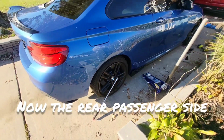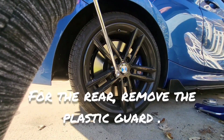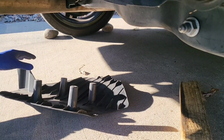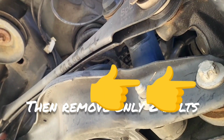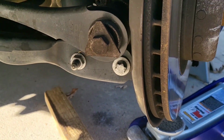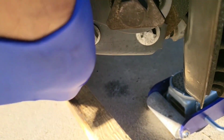Pop the ball out of the socket. What's it done? We can just use the jack. Yeah. You gotta remove that little. Four 10 mil. And 2 bolts, one here and one here. This one here